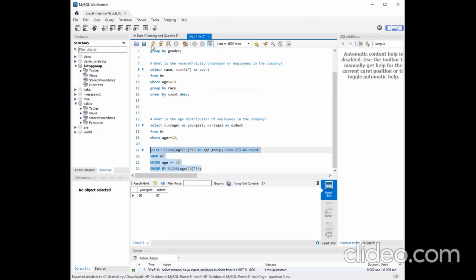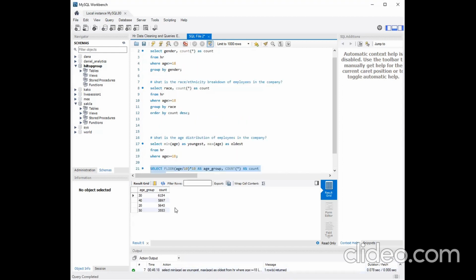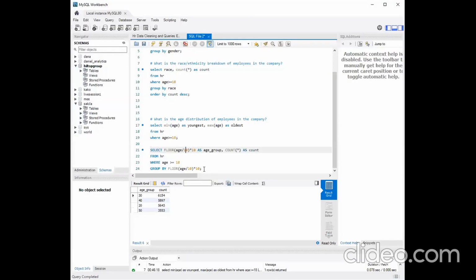So I'm going to run this. Awesome. So now this is what we have. Okay, so what we decided to do here is to get this output. What we wanted to do is we wanted